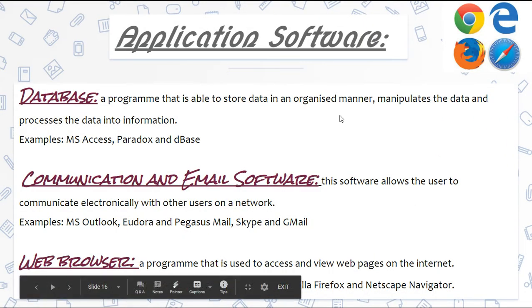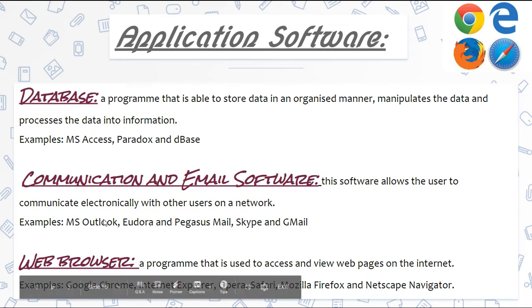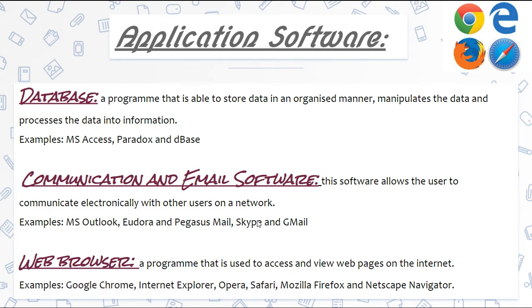Database program, we use this in grade 11. It's able to store data in an organized manner, manipulate the data, and process the data into information. So we'll use Access later in the year, but there's also Paradox and DBase. Communication and email software allows the user to communicate electronically, and some programs would include Outlook, Eudora, Pegasus Mail, Skype,